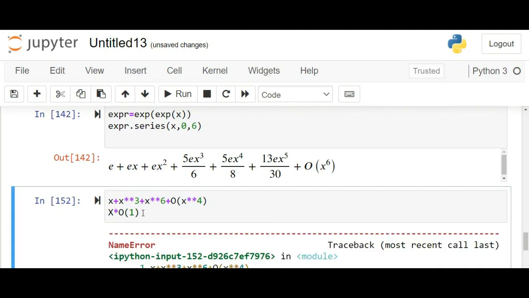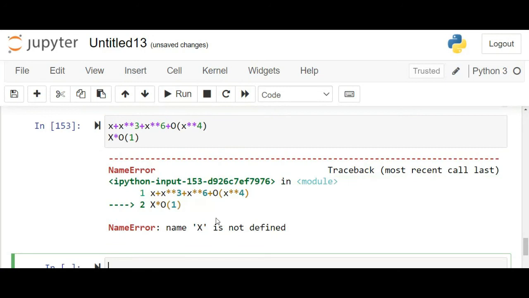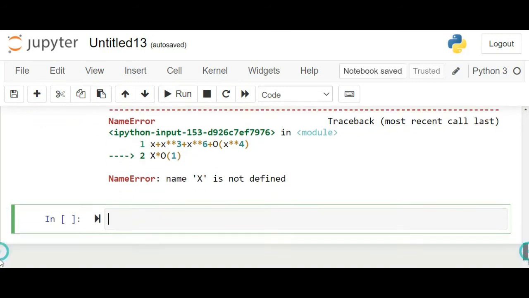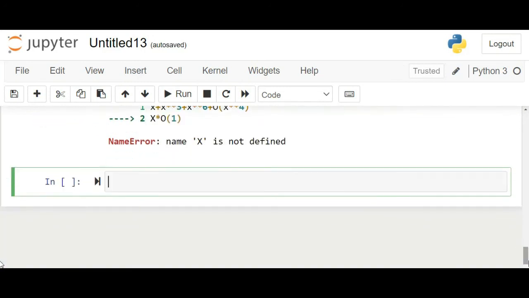Okay, left it. So these are the ways to find the expressions. Okay, let me change a little bit more. If this code is not working, let us try expr, sorry,